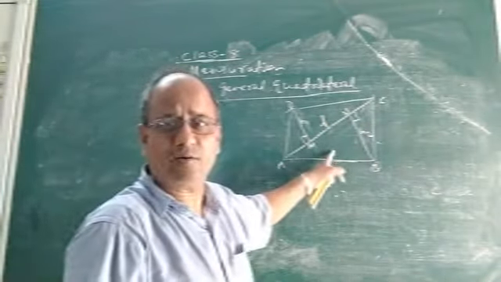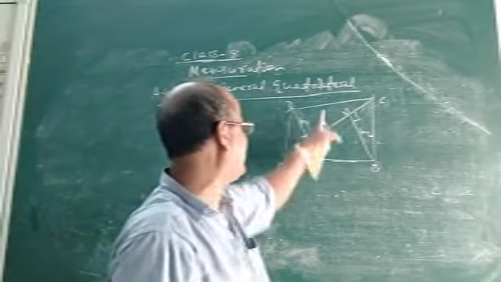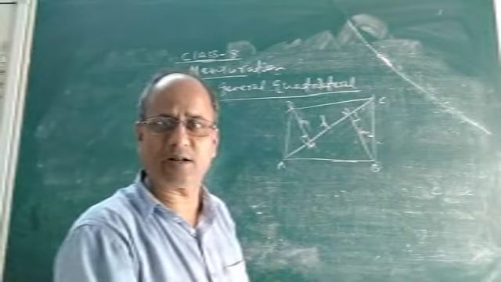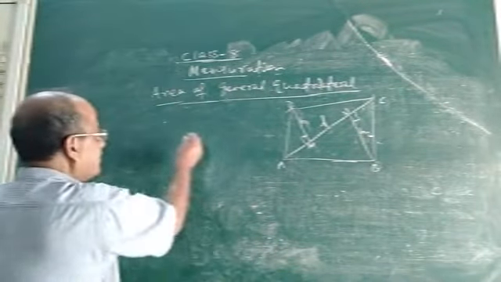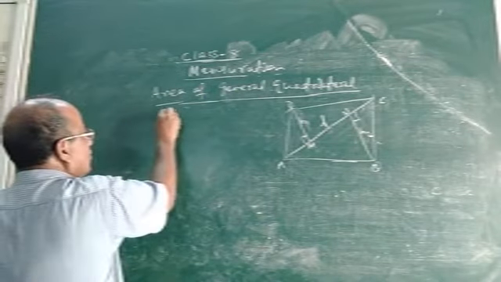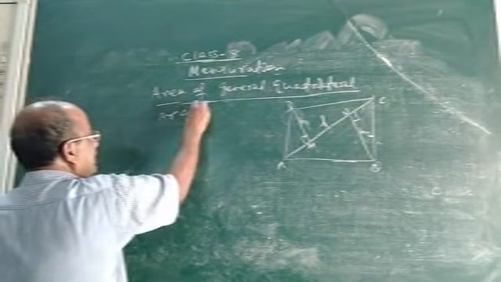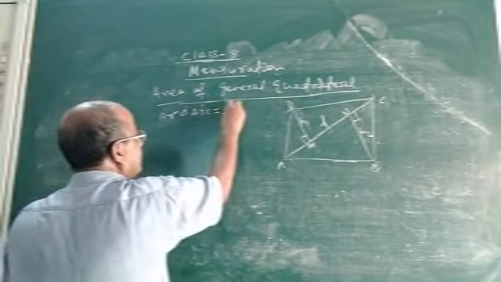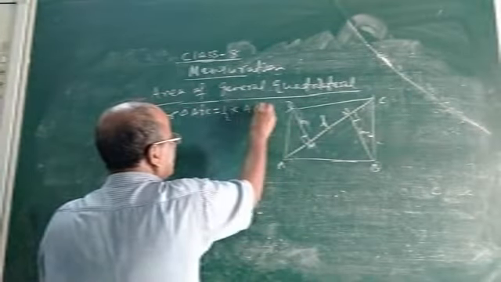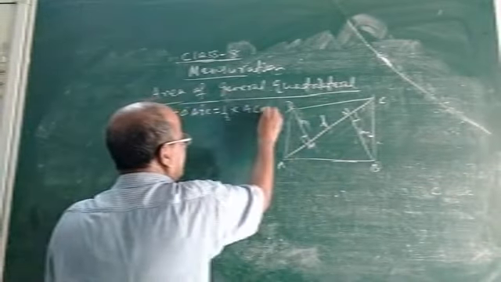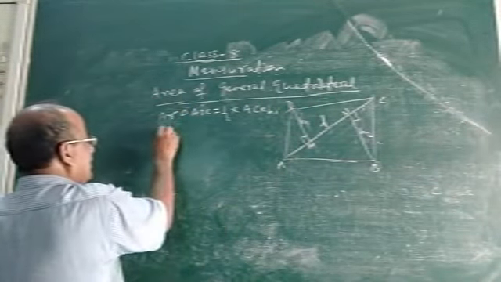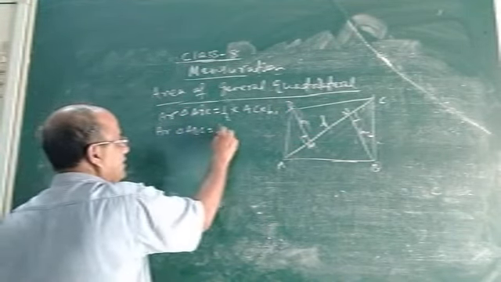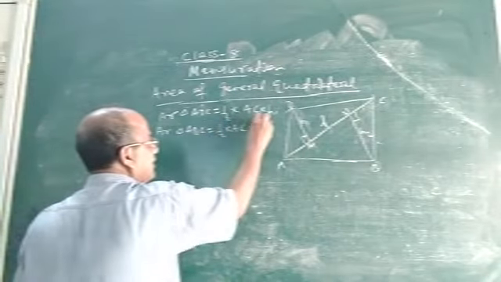Now you can easily compute the area of triangle ADC and triangle ABC, and on adding these two areas you will get the area of the general quadrilateral ABCD. So let us find what the formula will be. First we have to find the area of triangle ADC. It is half into base into height. The base is AC, and the height is h1. Similarly, the area of triangle ABC will be half into base, which is the same, and height h2.